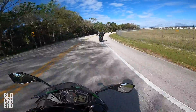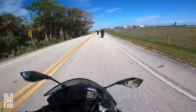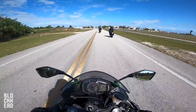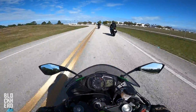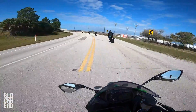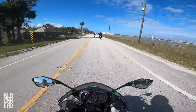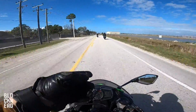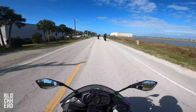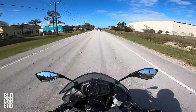So traditionally, sport bikes have a much higher horsepower number, and they're going to perform well in those upper gears. I mean, this thing starts to redline at 16,000, which is just crazy. Like I said, I've owned sport bikes previously, and my RS6, the 600 that I have to compare it to. Once it hit about 10,000, it was like a freaking light switch. It would just become a totally different motorcycle. Really woke up, but it's meant to be kept in those higher RPMs, performing on the track. So once you hit that, it starts to really just,